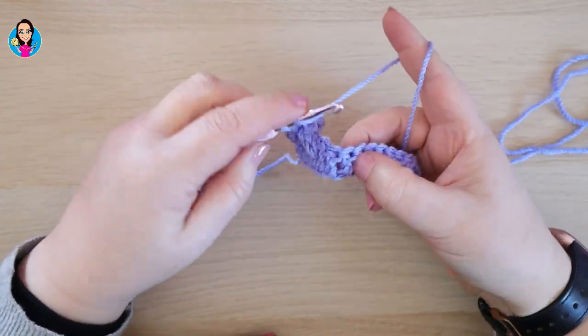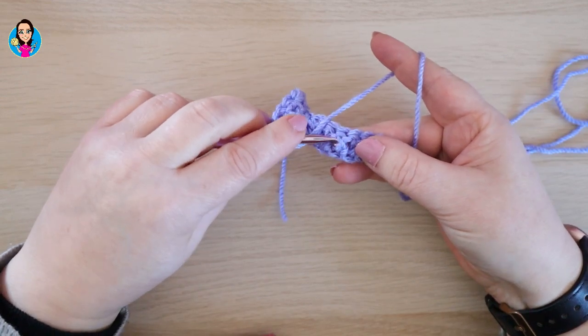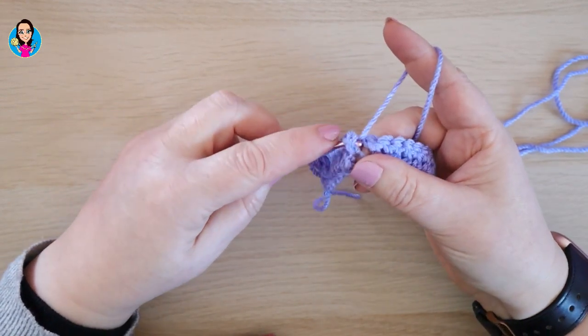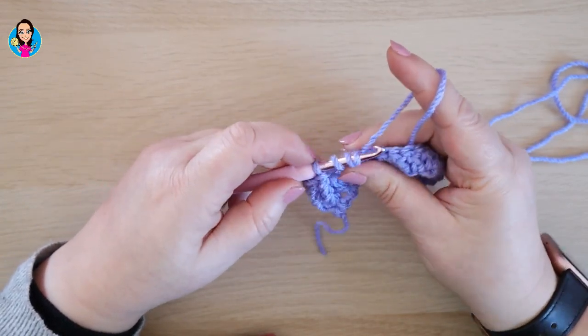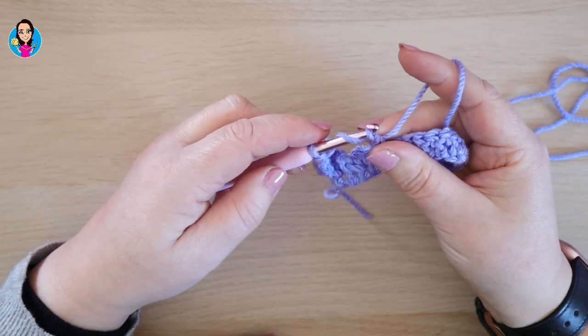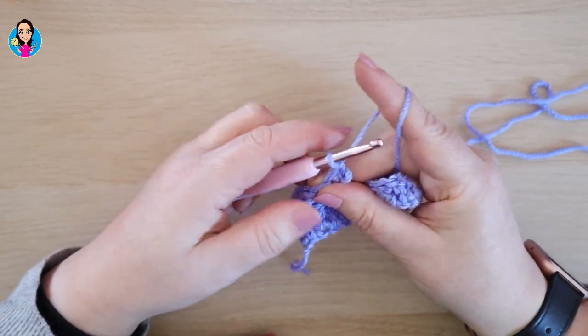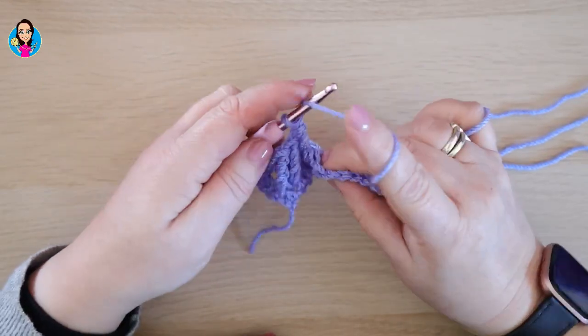So yarn over, insert just before the post, come out behind, yarn over and pull the yarn behind the post. You should have 4 loops on your hook, yarn over, pull through 2, yarn over, pull through 2, yarn over, pull through 2. Then we're going around the second one, so yarn over,